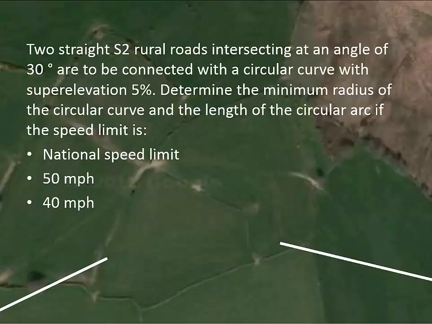So we know that the first straight road is coming in here, the second straight road is coming in here. If we project these two lines, we can work out the intersection angle and work out the circular curve that will fit best between those two roads. T1 and T2 are the tangent points. So this is where the road first starts to deviate from being a straight road to being the circular curved road. Now quite clearly you could have, let's get a pen,